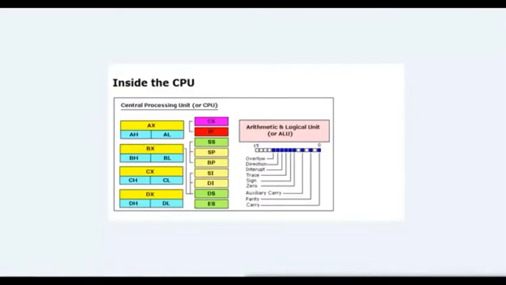Now friends, let us start with the basics. This is the basic structure of the computer CPU, and inside the CPU these are the registers AX, BX, CX and DX. Apart from these registers, there are also CS, IP, SS and SP, BP. These are all general purpose registers. Apart from these, there are also some other registers like flag registers.